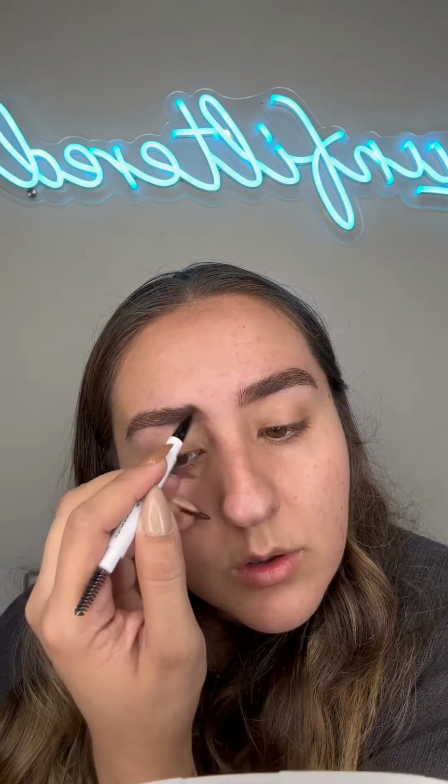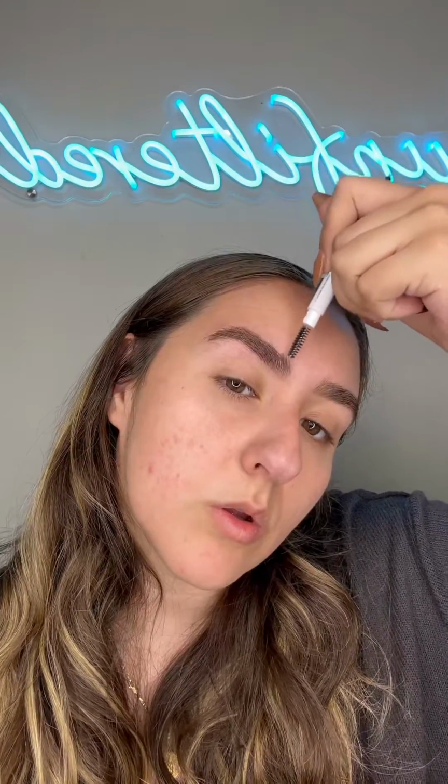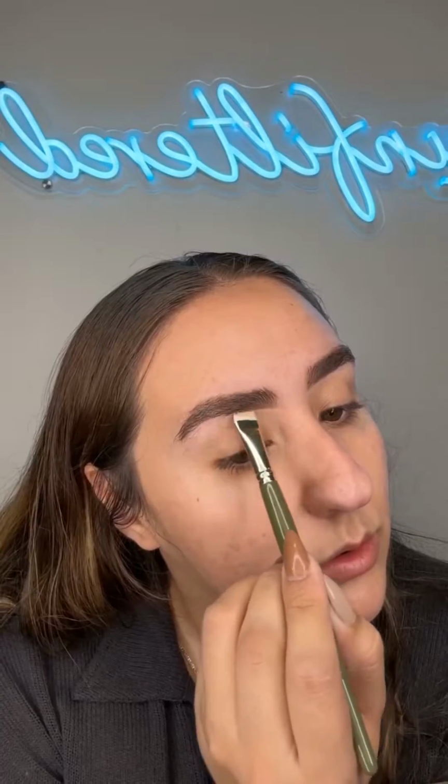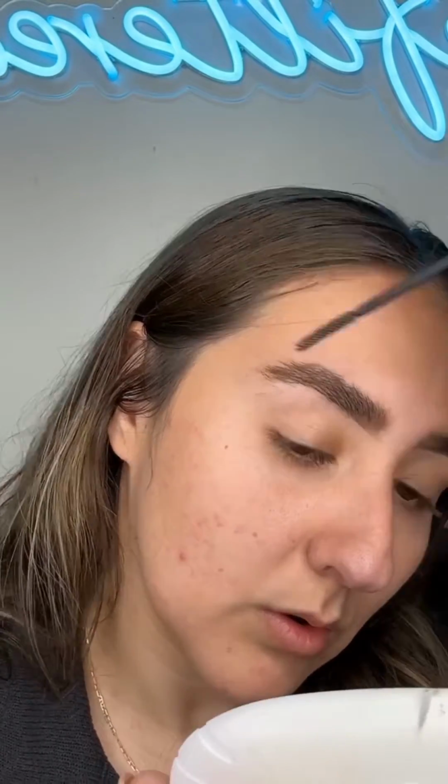We're gonna start off with the Give Beauty. This is their Hella On Point Ultra Fine Brow Pencil. I've also been really enjoying the Rem Beauty concealer, and it just blends out beautifully. And if you haven't tried the Got To Be Brow Gel, I definitely recommend you try. I do allow it to get a little bit tacky before I apply, so I just wiggle the wand a